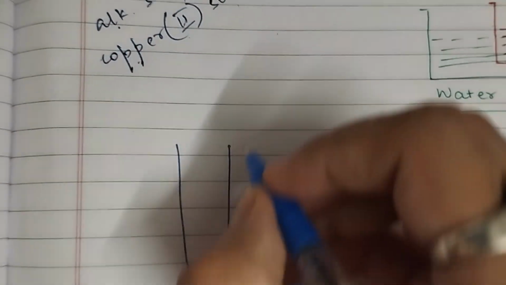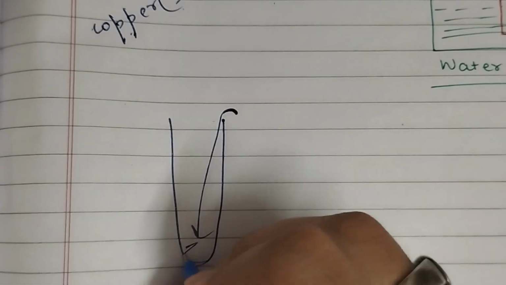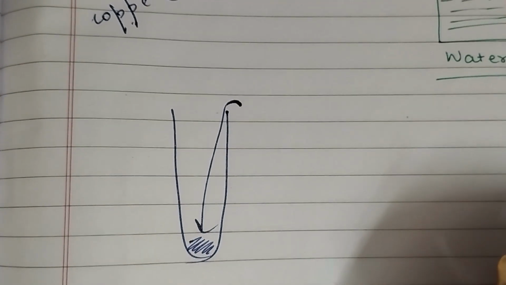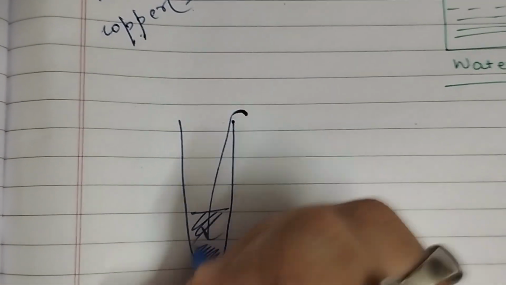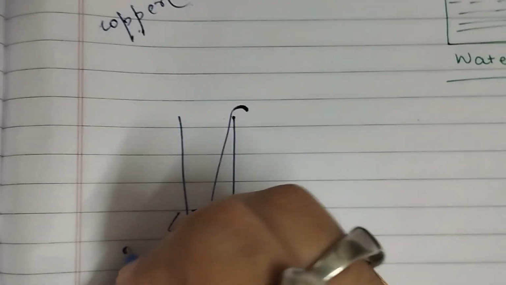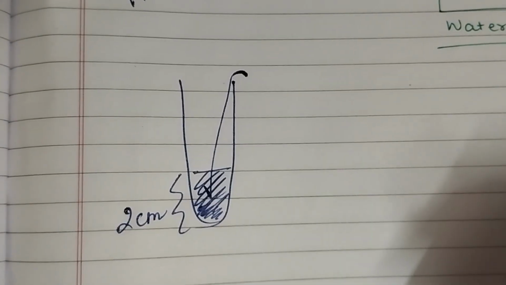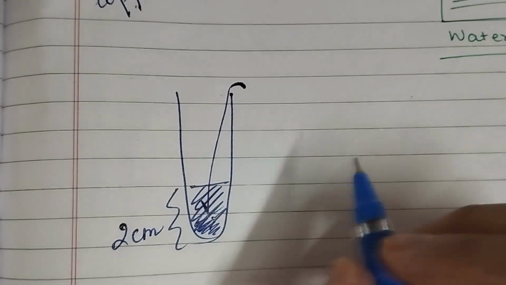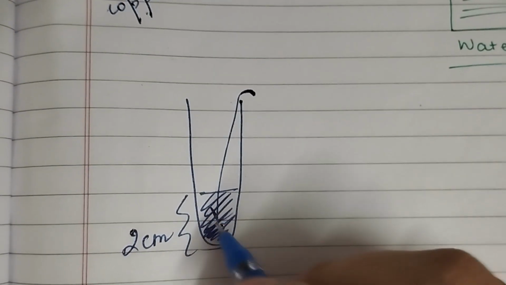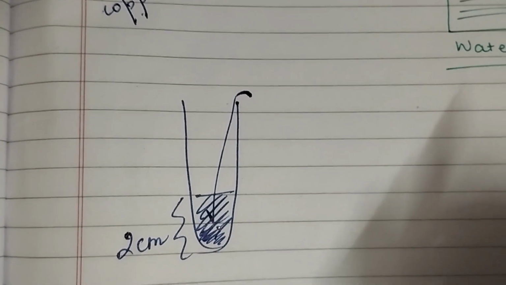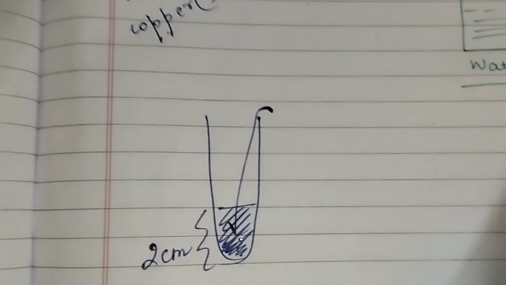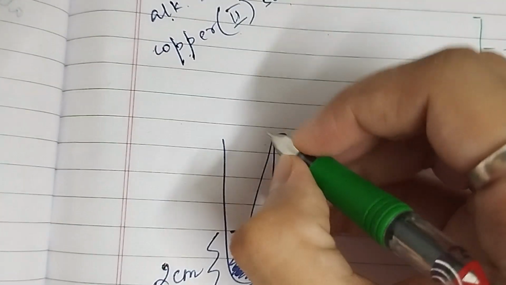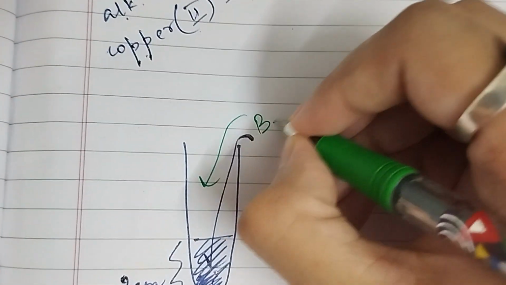Now for testing of glucose, what do we have to do? We have to take a test tube and put one spatula full of glucose powder in the test tube. Now we have to add water till 2 centimeters depth of the test tube. Now you can shake the test tube so the glucose will be uniformly mixed with the water. Now what do we have to add? We have to add several drops of